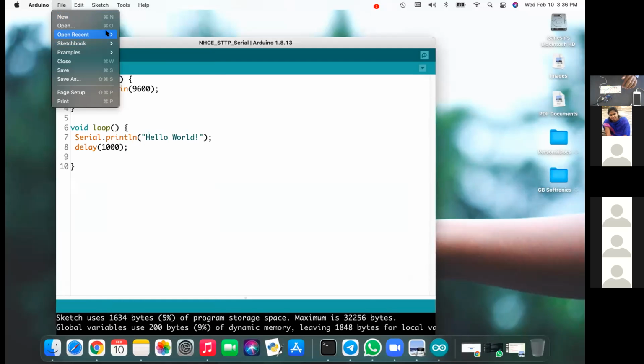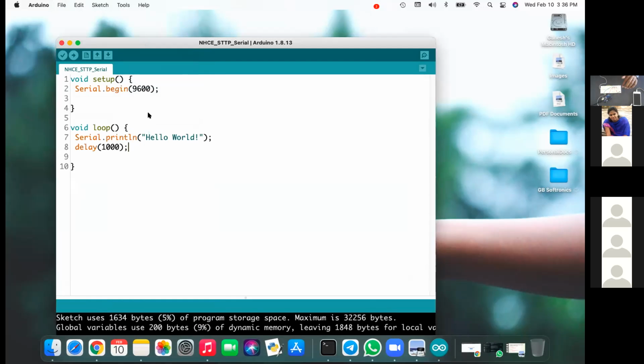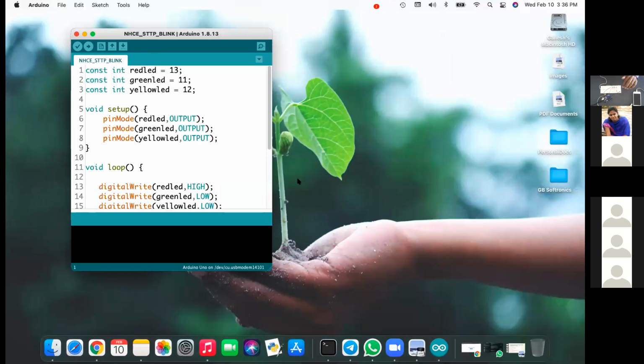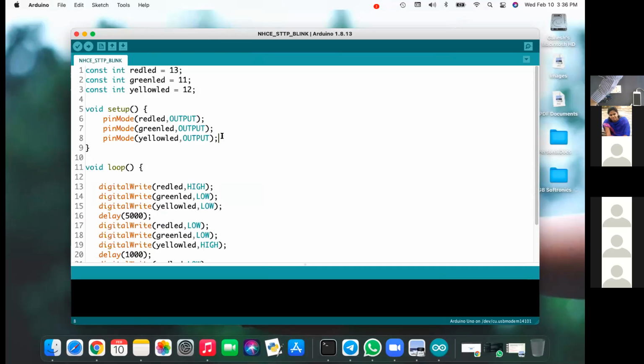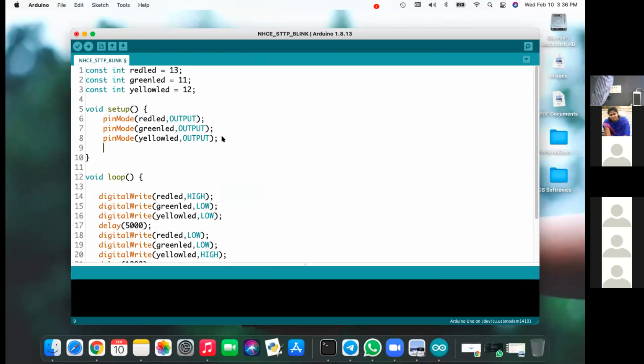So I'm opening the last blink program again, and I'm modifying this traffic light program, using serial communication here. Serial.begin(9600).